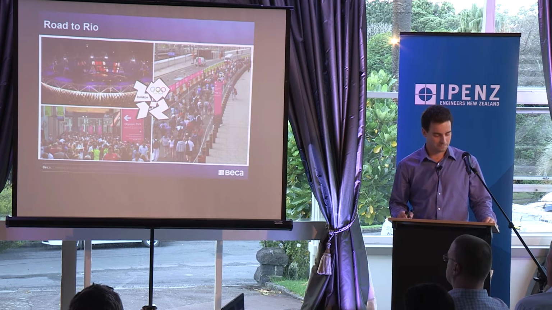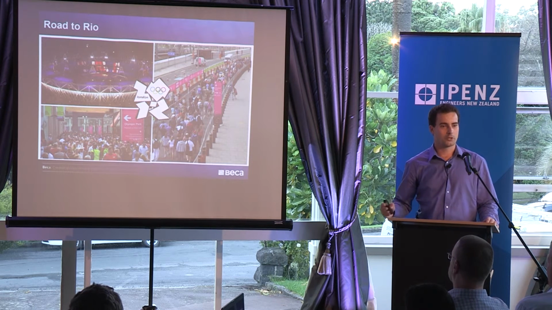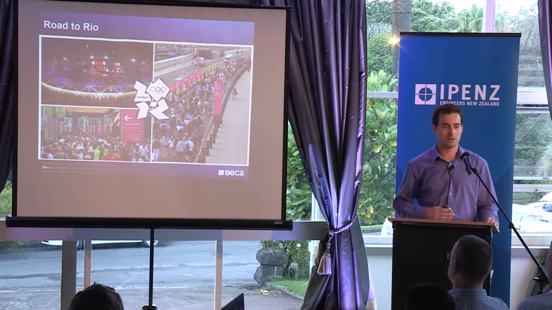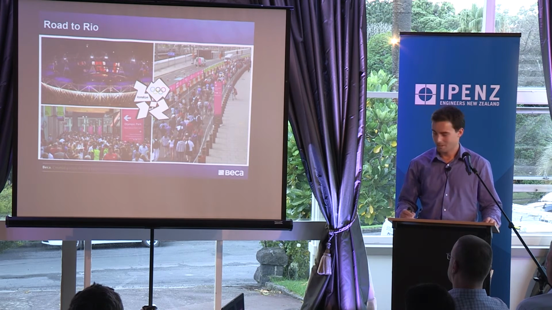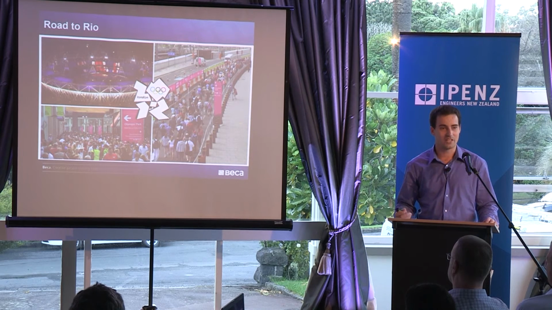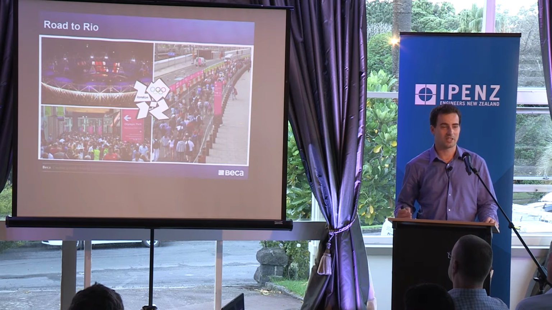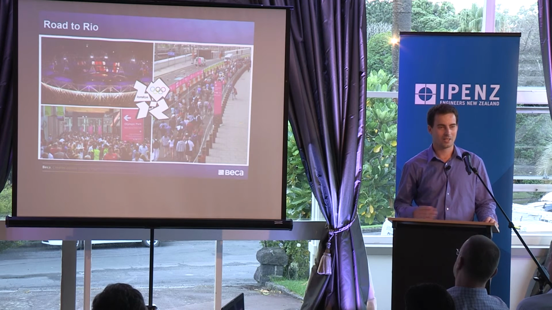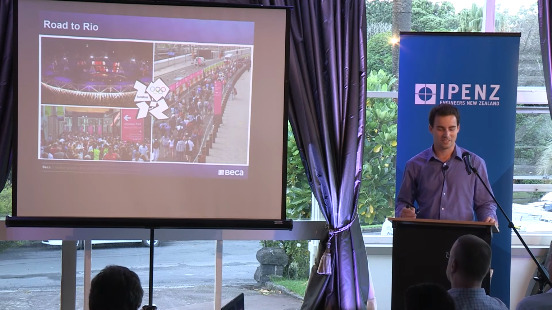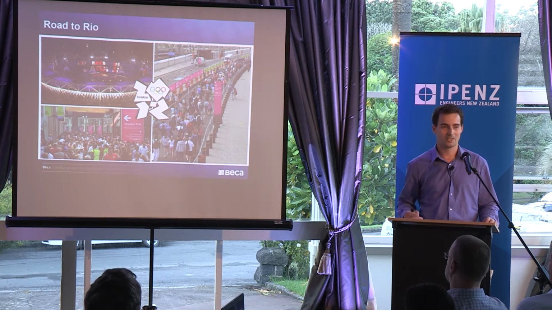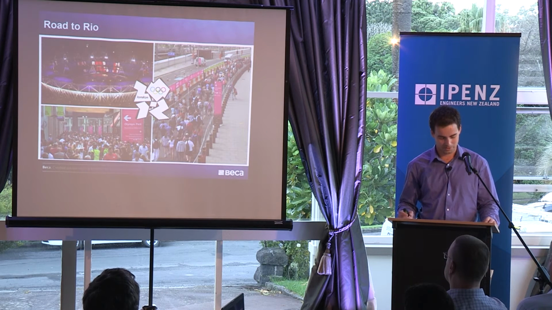So where did it all begin? Athletes talk about their road to Rio, how they're going from where they are now to get to the Olympic Games. So I'd like to touch briefly on my road to Rio, and that starts back in London probably 6 years ago now. 2009, we were awarded a contract to do crowd modelling at the London Olympics, and I was fortunate to be involved in that from being a fresh graduate, 3 years working on the project, ending up in London itself to help deliver the Games. I spent 3 months over there and it was an invaluable experience.